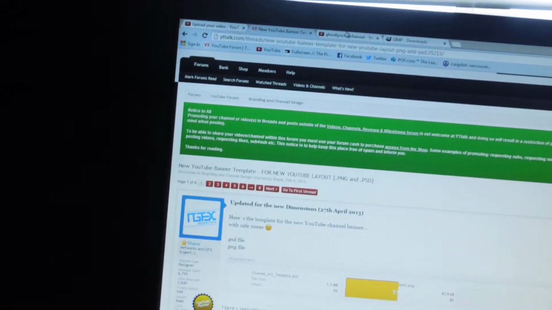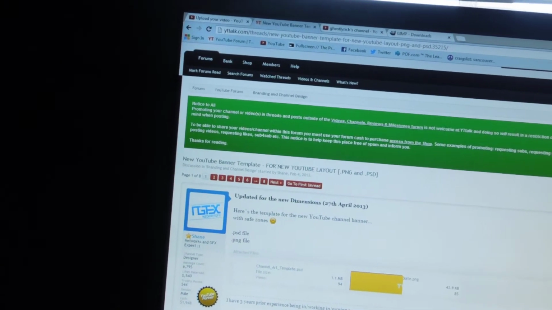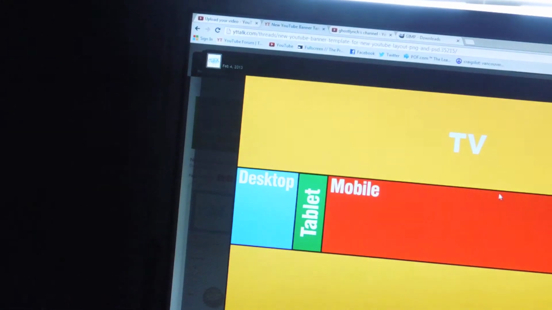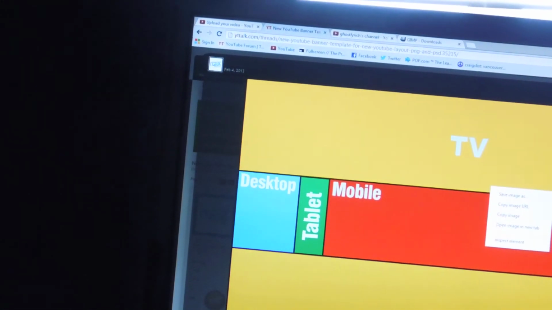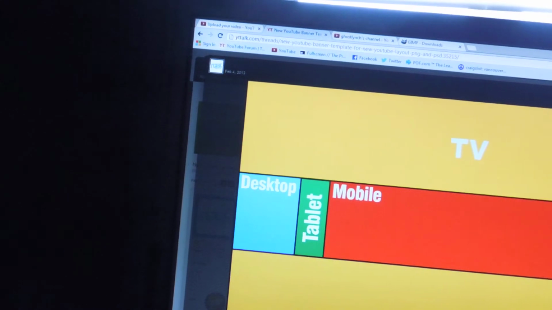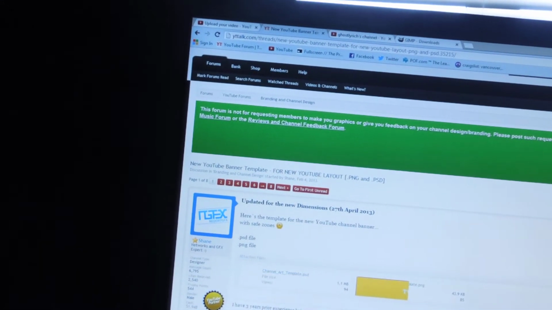GIMP will read the other one too. It just depends on what you want to use. So once you have that all figured out, and you download one of these just by clicking on it, all you do is you right click and save, and then you can open it, or like I said, just open the PSD, and that's the best way to do it. Okay, so once we have this,